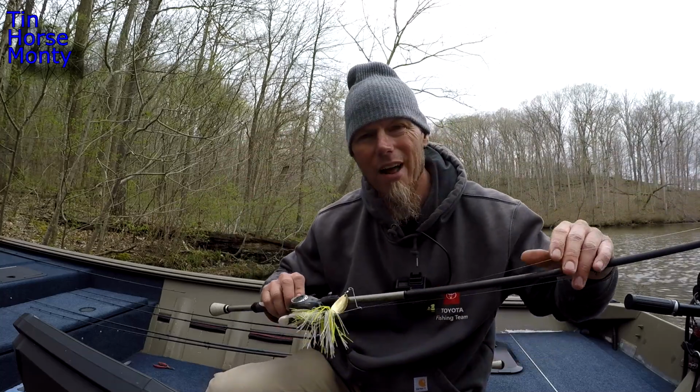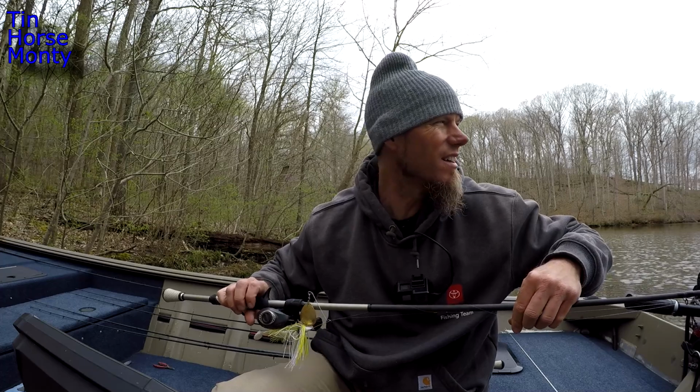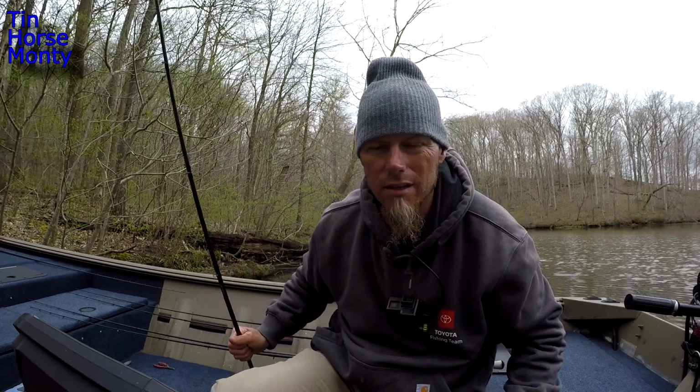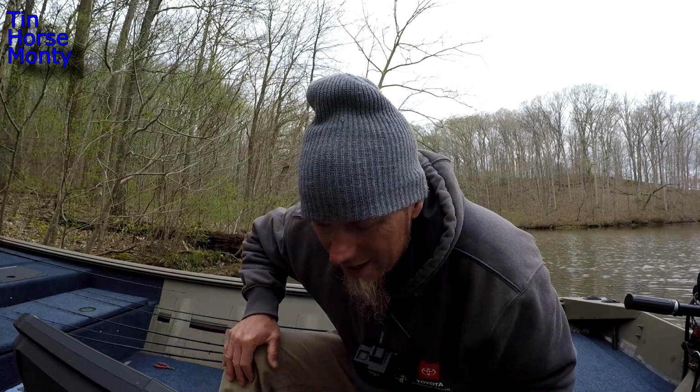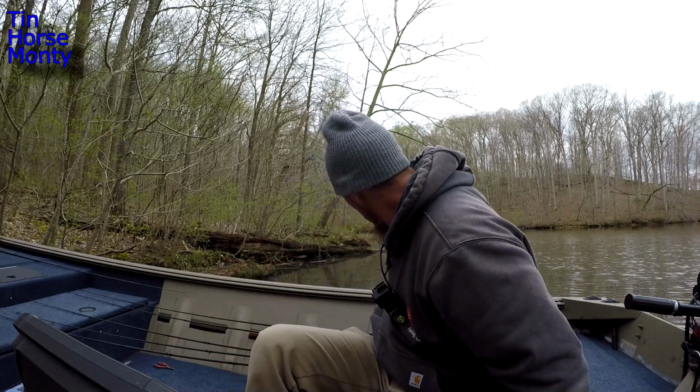I just keep it simple, and I think a lot of spinnerbaits probably would have worked today. Honestly, the water's not that dirty. It's probably 2 foot of visibility or less, and I think you could have thrown a smaller white and chartreuse spinnerbait or just a white spinnerbait and caught fish on it too. The other thing I caught fish on was